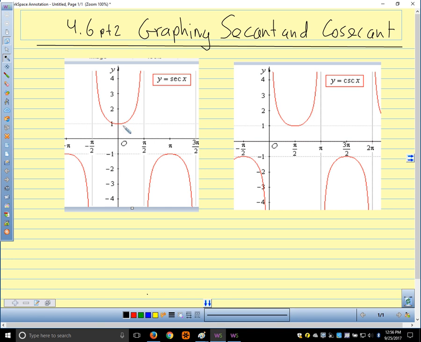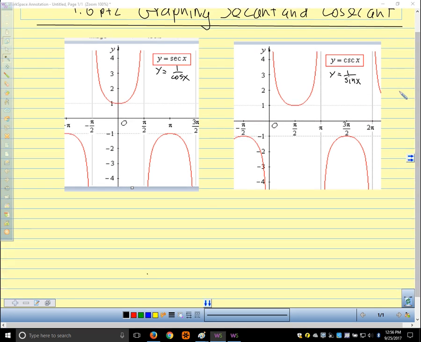The key to what we're going to do with secants and cosecants is remembering that this is the same as 1 over cosine x, and this is y equals 1 over sine x. So whenever we have a function that has some variable quantity in the denominator, we have to be careful about when the denominator is 0. And when the denominator is 0, that gives us vertical asymptotes. So our secant function is going to have vertical asymptotes